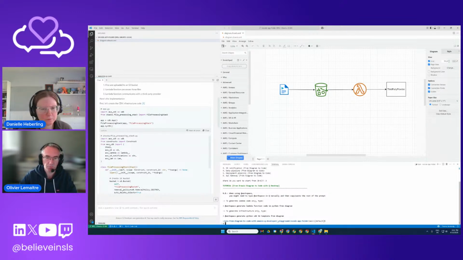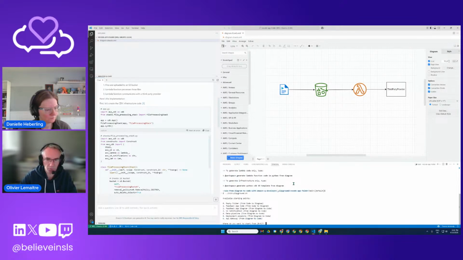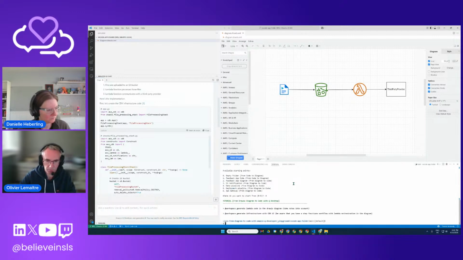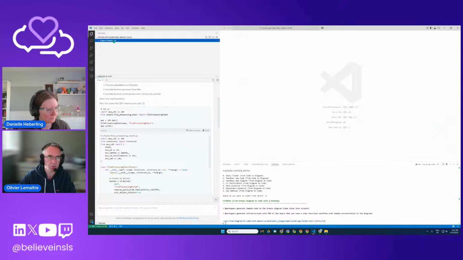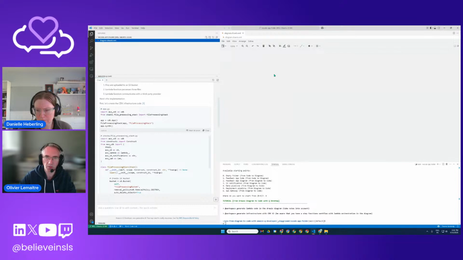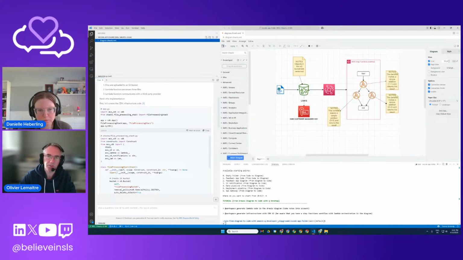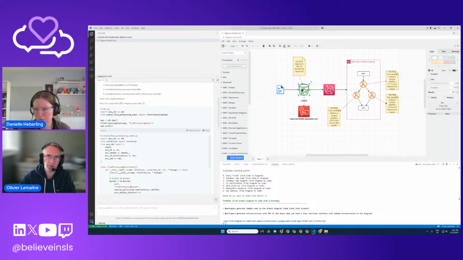But what I can show you is something maybe a bit more complex. I will show you another diagram, what I call a data pipeline. I have to open it because something was missing in the diagram. So it's almost the same, but I have a media file that I put in an S3 bucket,